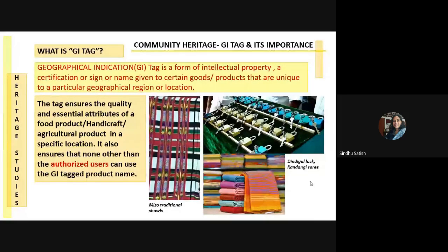Originally, this belonged to Mizos, and the GI tag is necessary because they need to retain ownership. They have ownership issues and originality issues with the traditional shawls, to maintain the traditional process of weaving it. It becomes very important for them to apply for a GI tag. The moment this is applied, the cultural significance of it is enhanced. Here, it is owned only by very courageous warriors among the Mizo men as a symbol of their bravery.